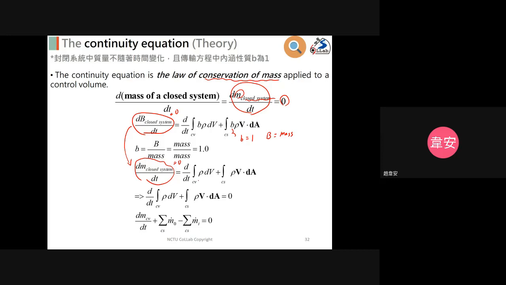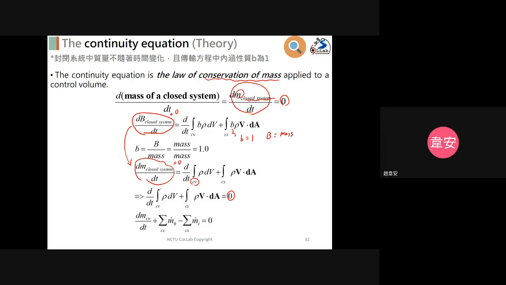So we only have the mass change in the control volume plus the net outflow mass rate equal to 0. Okay, and you can use the continuity equation